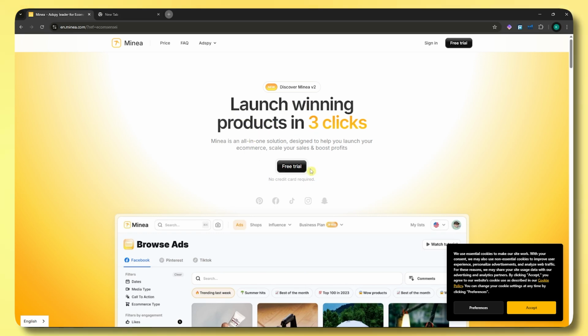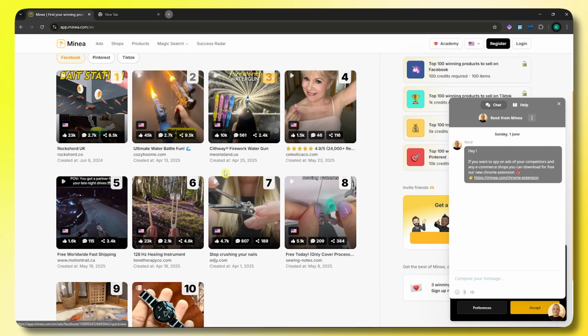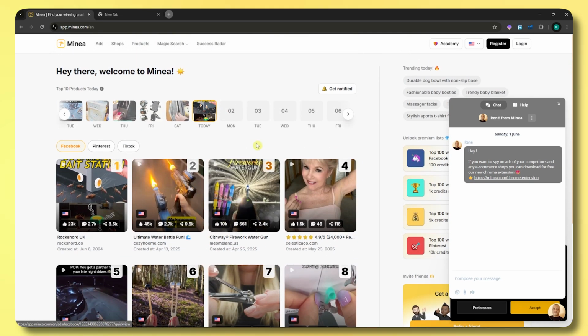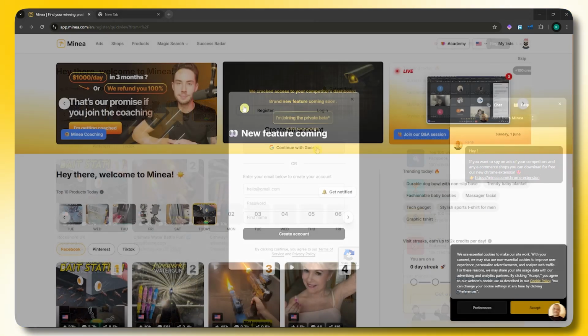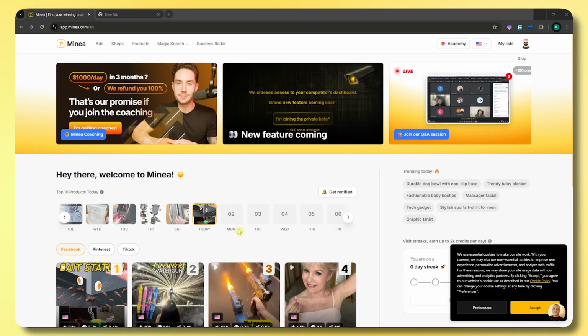So once you're here, you want to click here on free trial to proceed. And from here, you'll get a glimpse of the information that you'd be able to get in Minea, but you're not logged in yet. You would need to click here on register or log in if you already have an account. So I'm just going to register, and from here I'm just going to continue with my Google account for a simpler process. And now once you're logged in, before we begin using Minea, it's crucial that